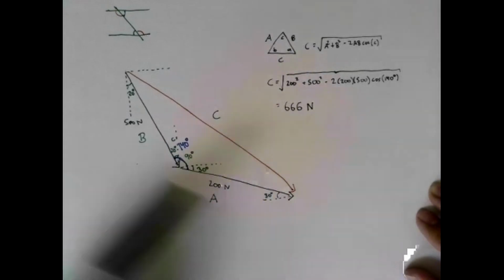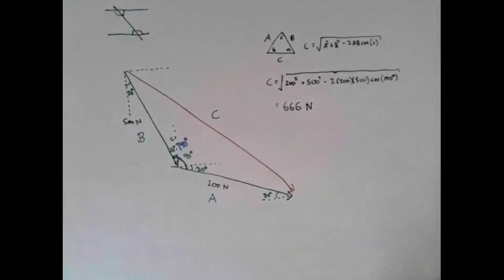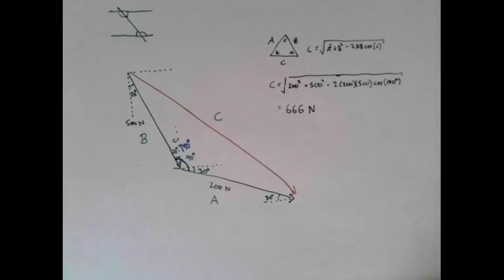The component method essentially is giving you one vector and having you break it down into these 2. So I would give you C and its direction, and I would say break it down into a vector in this direction and a vector in this direction. And then you have to calculate these 500 and 200. It may be a little bit more work, but essentially you're doing the same work but backwards. Okay, so I just need to figure out how to do that as well because both of those will be on the test, right? Yeah. Okay. So let's just do it with this one because we already know what the answer is going to be. So if I were to give you my vector C,